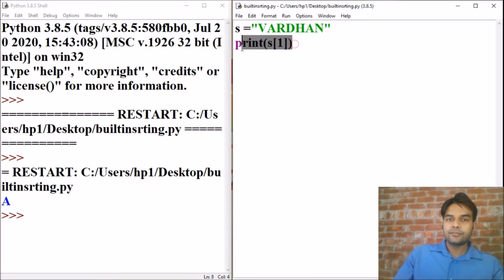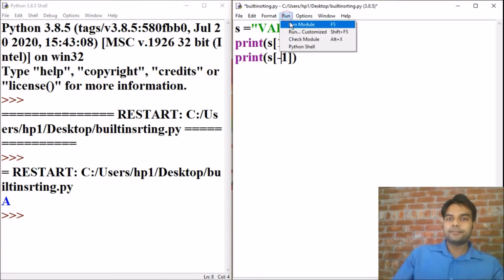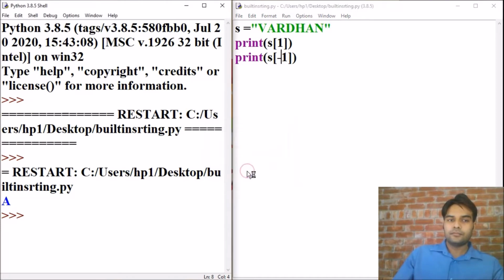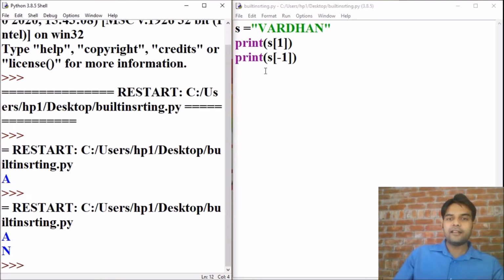Let's take the example of -1. N will be printed. See, A and N.